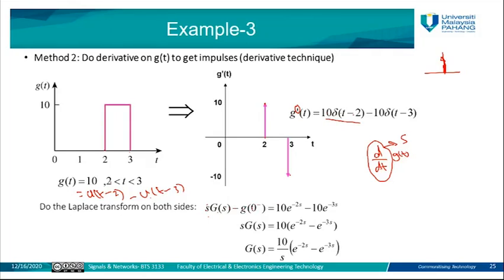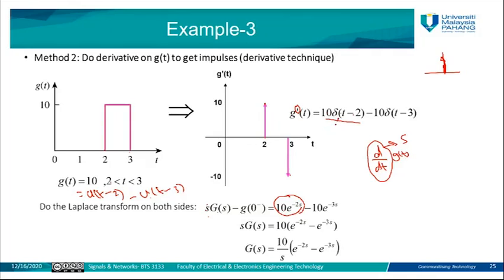We assume the initial condition is equal to 0. So you just substitute the value here: s times G(s) equals exponential negative 2s minus 10 exponential negative 3s, because